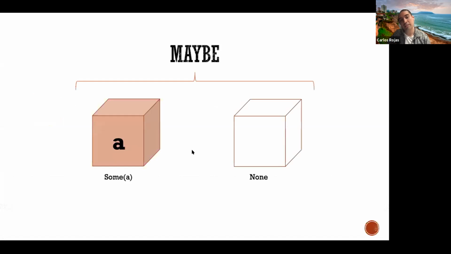And it looks like this. It looks like a box. This box can be full or can be empty. When this box is full, like on the left, we collect some of A, and if it's not there, we still have the box and we collect none. This is very different to the nil approach that we were talking about before, right? When you have a nil,